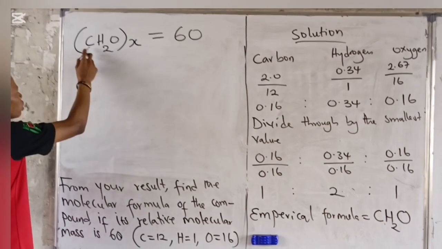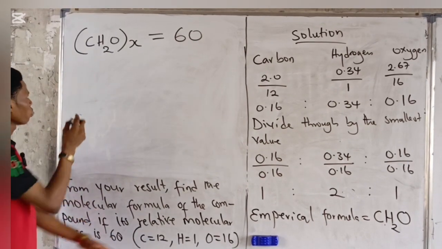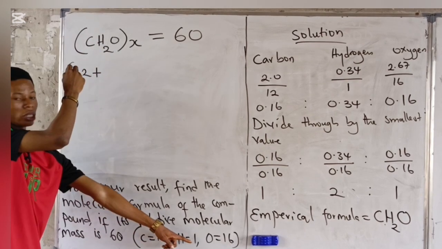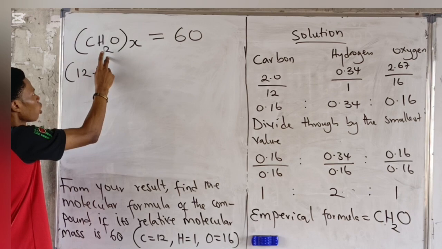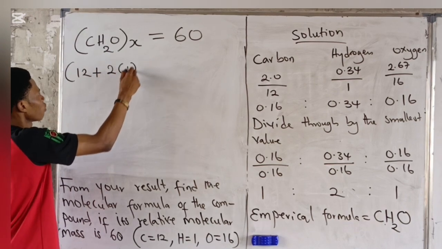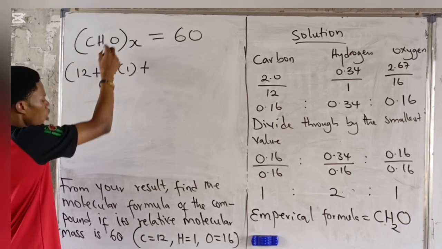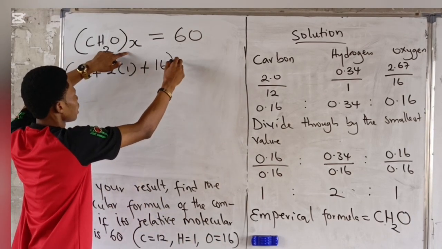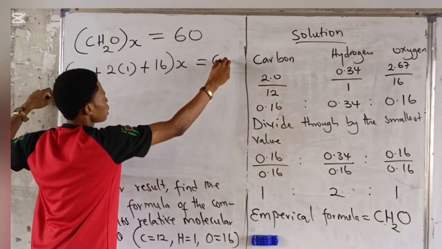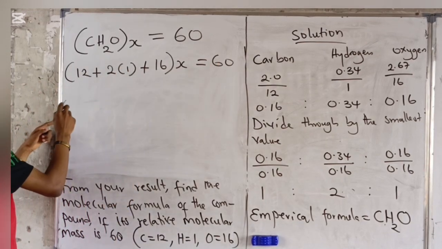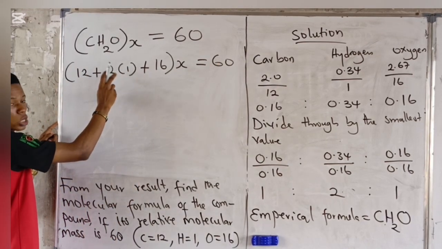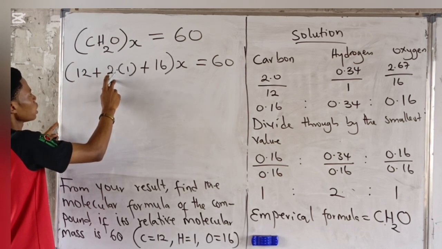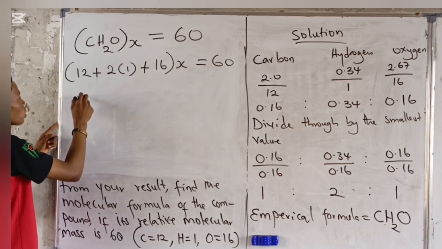Now, carbon, here we're given carbon as 12. So what you have to do, 12 plus hydrogen is 1. The relative atomic mass of hydrogen is 1, but we have 2 atoms of it. So 2 times 1 for hydrogen plus oxygen is what? 16. So 16, you close your bracket, X is still here, equal to 60. Now let's calculate what is in the bracket here. 12 plus 2 times 1 is still 2. So 12 plus 2 will give us what? 14, right? Then 14 plus 16 will give us what? 30, is it not? So we'll be having